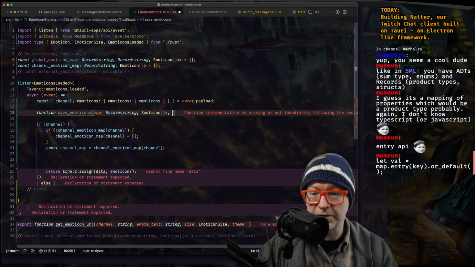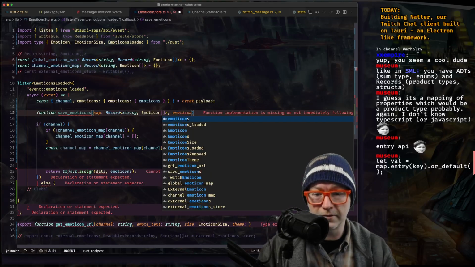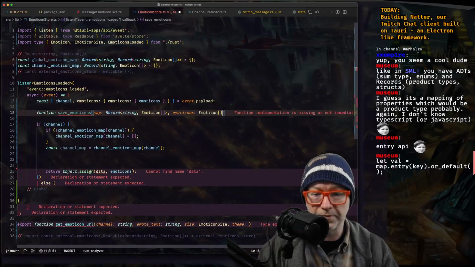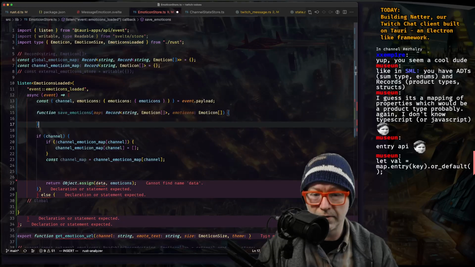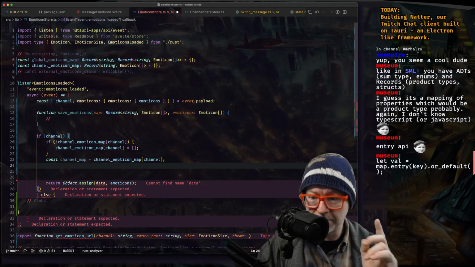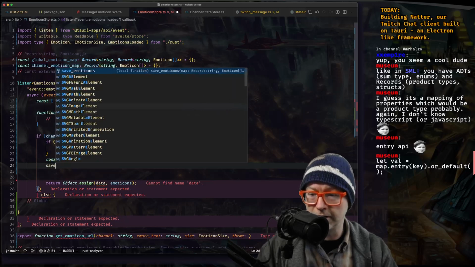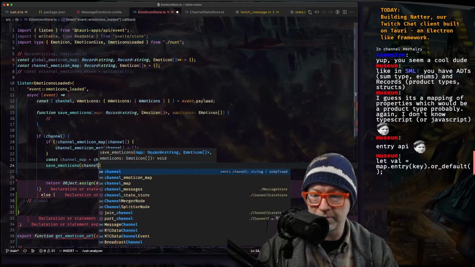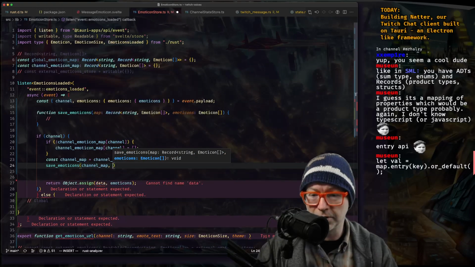And then we also need the emoticons, which is emoticon array. Okay. So now that we have the map here, we will just call save emoticons, passing in the map and emoticons.